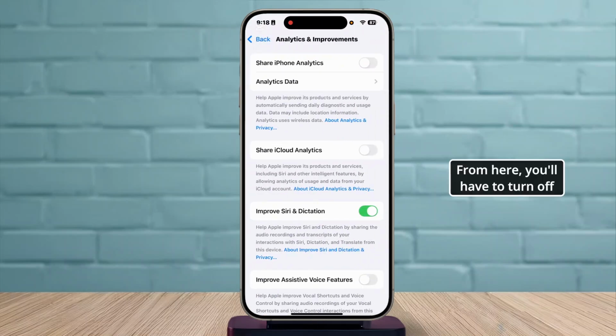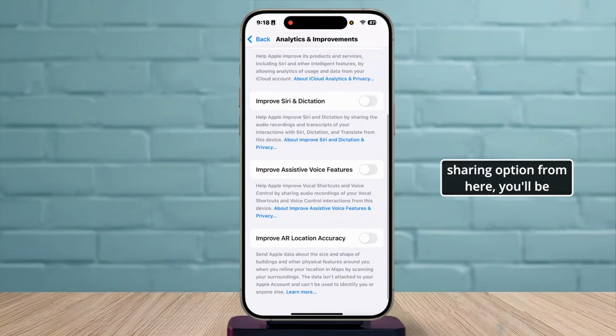From here, you'll have to turn off all of the sharing options. After you turn off all of the sharing options from here, you'll be able to turn off iPhone analytics and